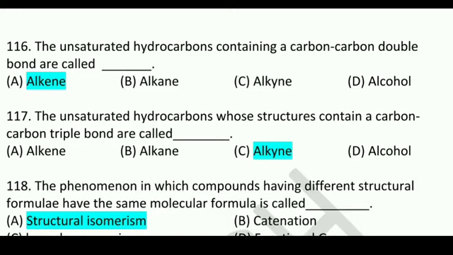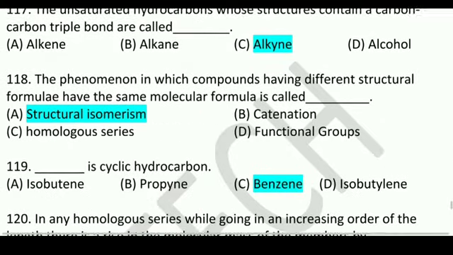The unsaturated hydrocarbons containing a carbon-carbon double bonds are called alkene. Yes, if there is a double bond between carbon-carbon, it is known as alkene. And the unsaturated hydrocarbon whose structures contain a carbon-carbon triple bonds are called as